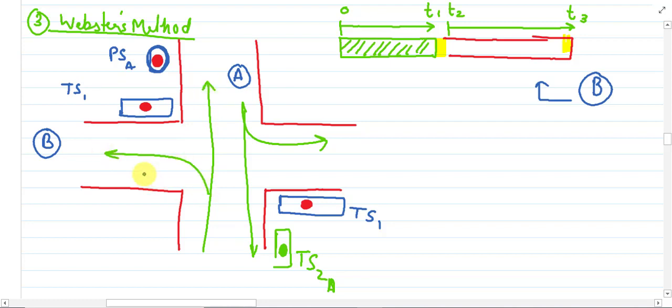Again in that case this signal is busy, and the pedestrian movement either on road A or road B is restricted. So in simple words we can say that from this time, which is your t3, 0 to t3 time, which is your cycle time, in this cycle time there is no movement of pedestrian.